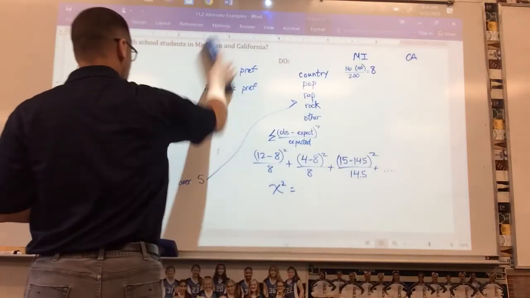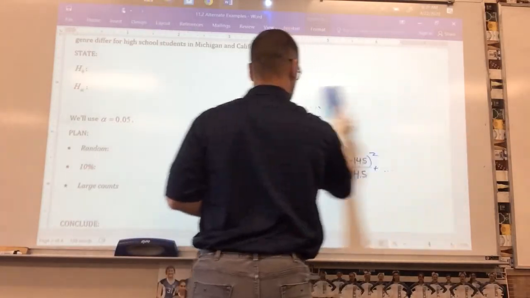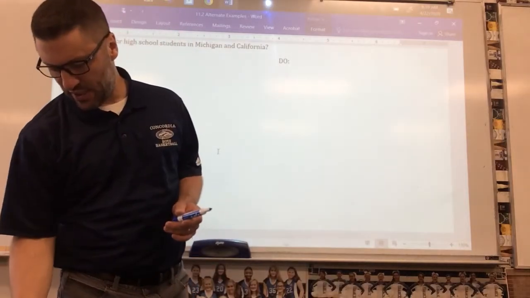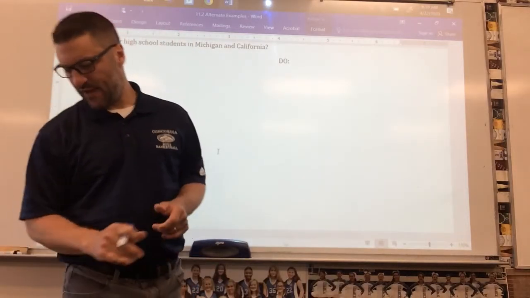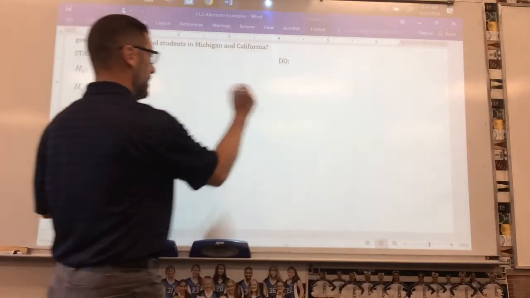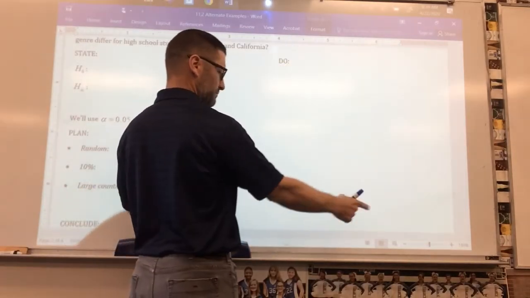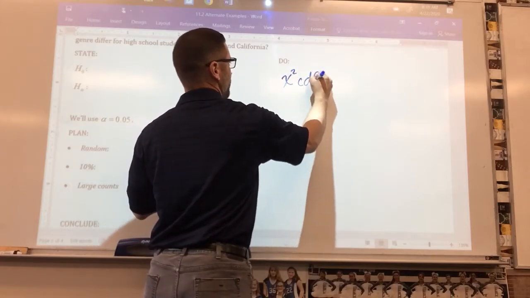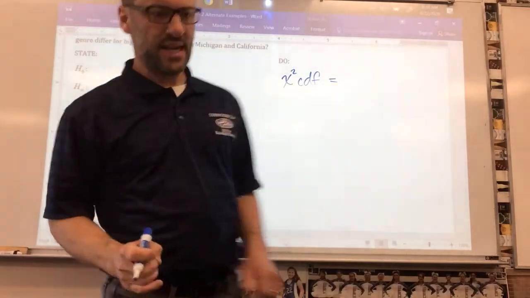All right, the last thing you need to do is you need to go in and find your actual p-value for this so you can make your conclusion. Okay? So under the do column still, down there a little ways, we're going to go chi-squared CDF, chi-squared CDF,